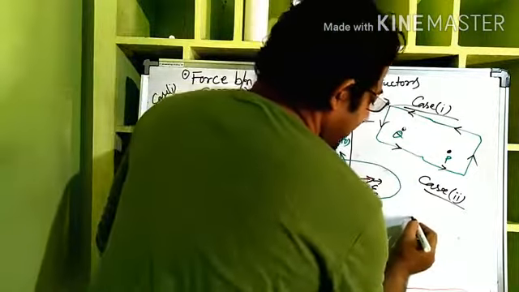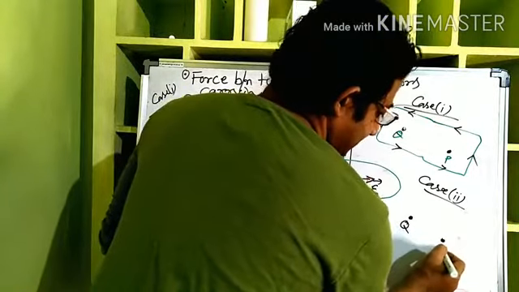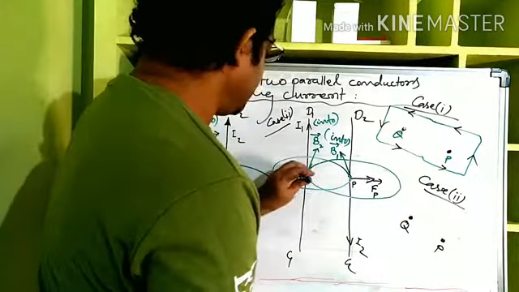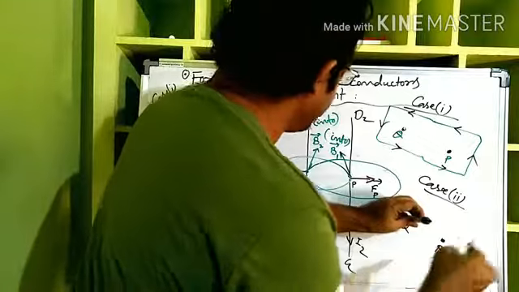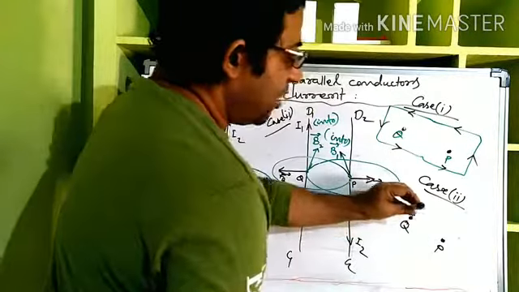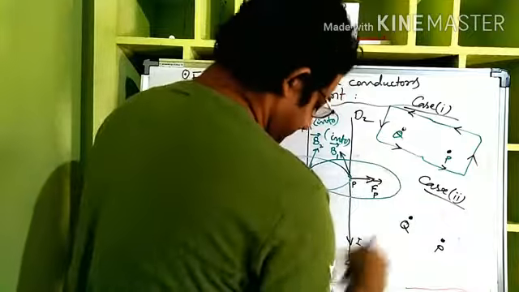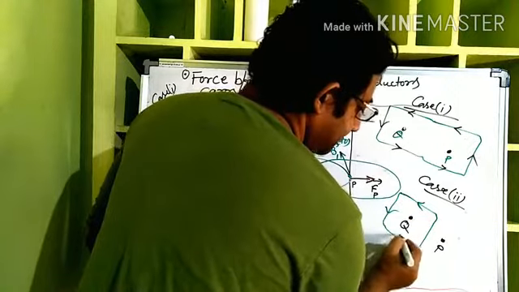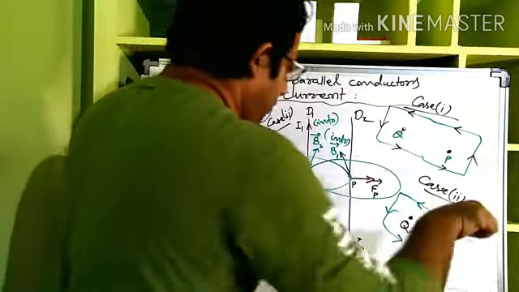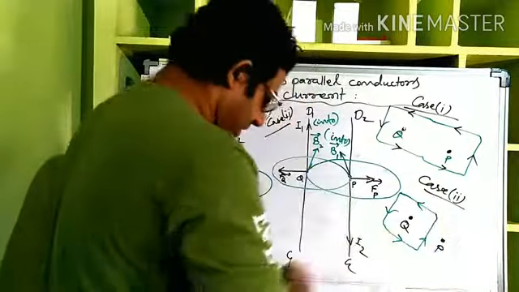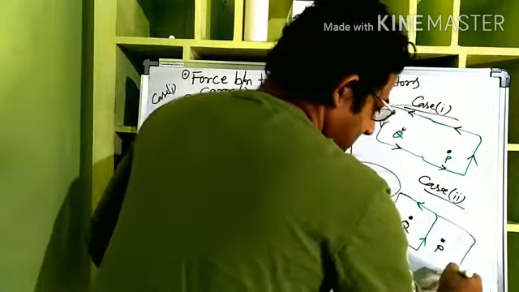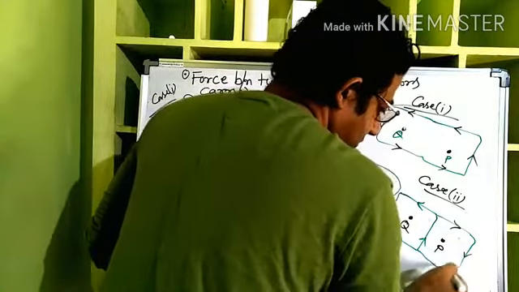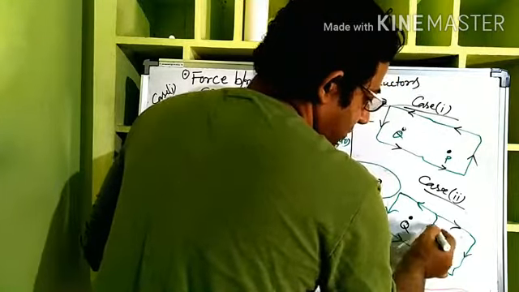Now case 2. Again here Q is there, here P is there. But the current is flowing out of the board from Q, and from P it is going into the board. So out of the board means it is anti-clockwise, right? So if you imagine one loop about this, it's anti-clockwise. But into the board means it is clockwise, right? So if you imagine this, let me show in black color, clockwise, clockwise.